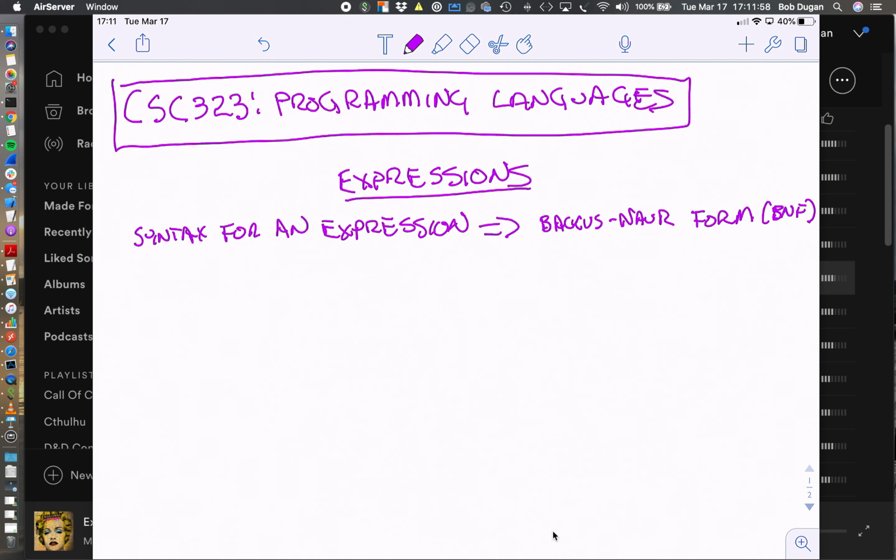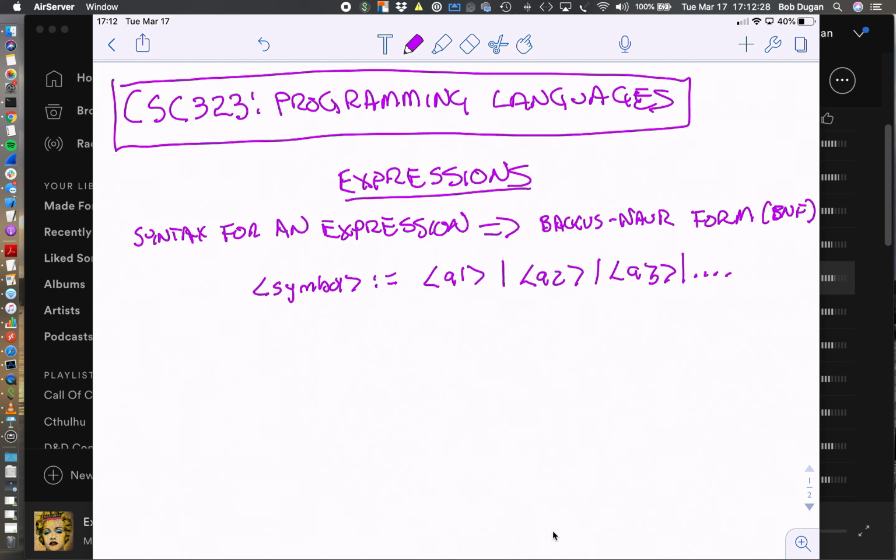So the basic idea behind the form is you have a symbol and you want to describe the syntax for that symbol. And so the way you might do that is you'd say, well, a symbol can be either A1 or some A2 or some A3